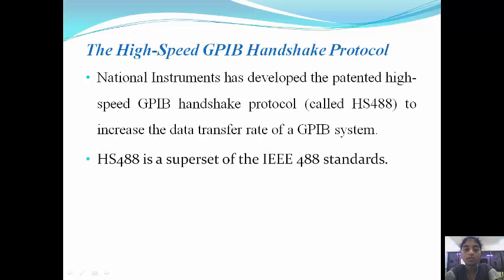These have some protocols. The first one is the high speed general purpose interface bus handshake protocol. This protocol is patented by National Instruments. That is, National Instruments developed this handshake protocol. They developed the patented high speed handshake protocol, also called HS488, to increase the data transfer rate of a GPIB system. While using GPIB, we can transmit only 1 megabyte per second, whereas if you need to transfer data with more accuracy and speed, we can use the high speed general purpose interface bus handshake